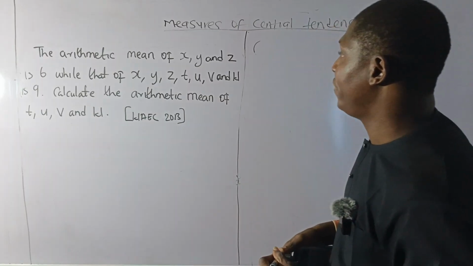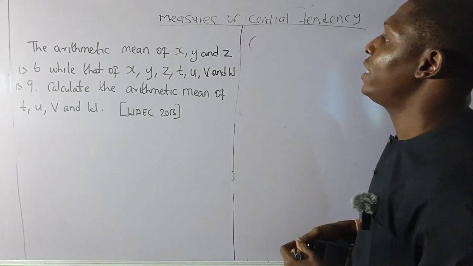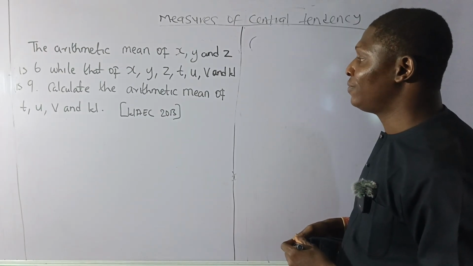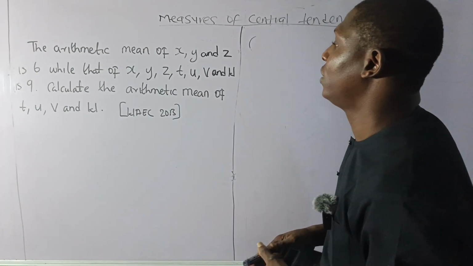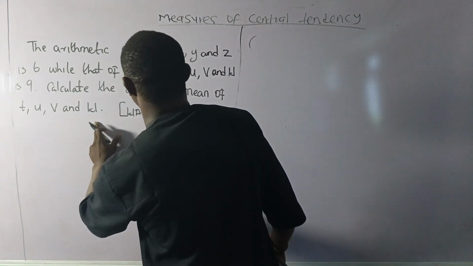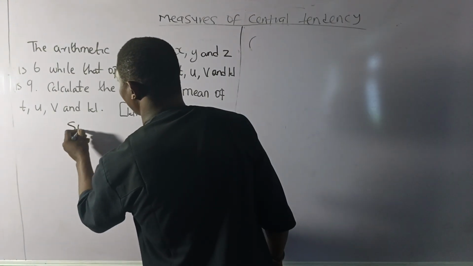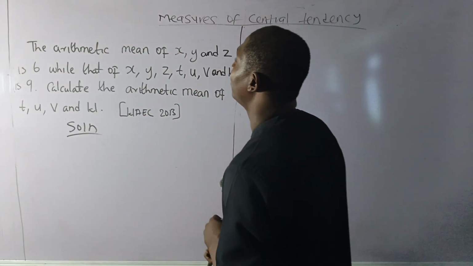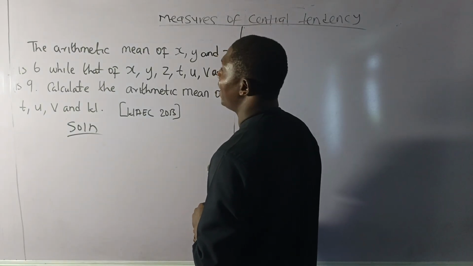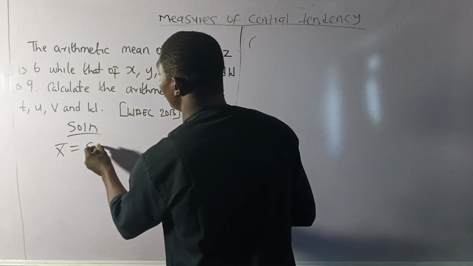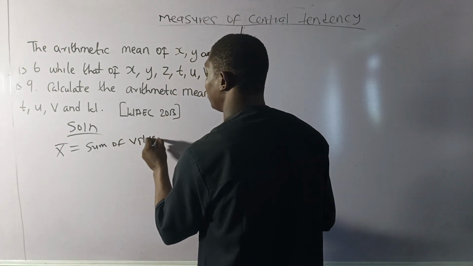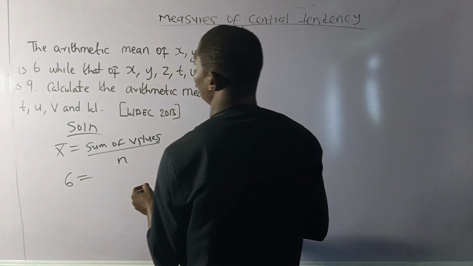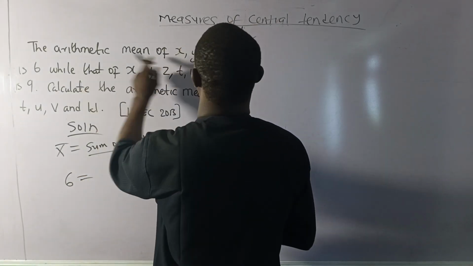The arithmetic mean of x, y, and z is 6, while that of x, y, z, t, u, v, and w is 9. So let's calculate the arithmetic mean of t, u, v, and w. Now, arithmetic mean of t, u, v, and w will be t, u, v, w divided by 4. But let's start from the top expression. It says the arithmetic mean of x, y, and z, mean S bar, is equal to sum of values all over N. And the mean was given as 6. So we have 6 equal to x, y, z